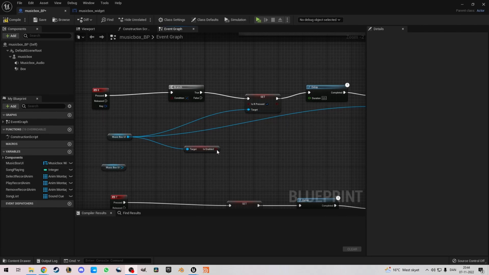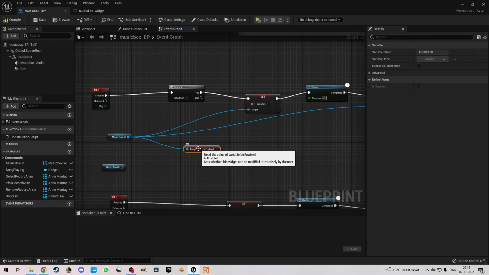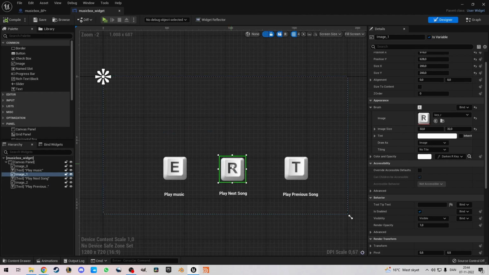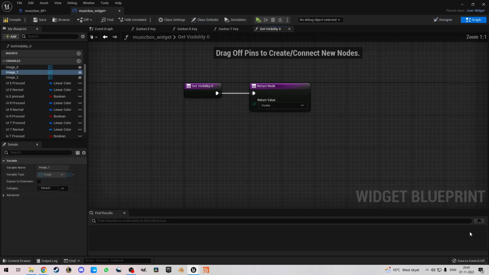Sorry about that. It looks like I'm getting a little ahead of myself, because we need to, of course, first make the systems to control the visibilities of the interface of our key R. So if you remember our widget, go in R, if you scroll down to visibility, you can choose different options, but we can bind it, like the color, to a function. So here, create binding,